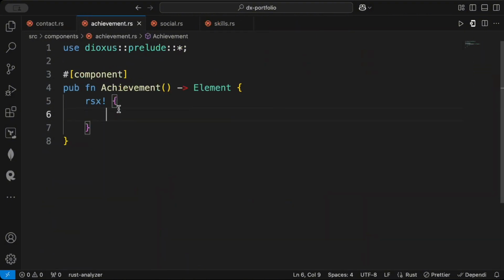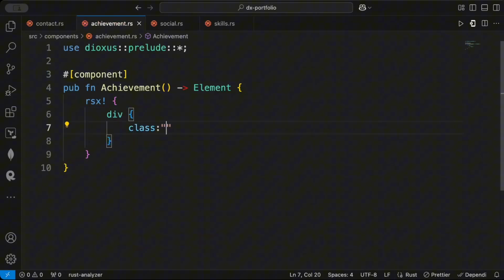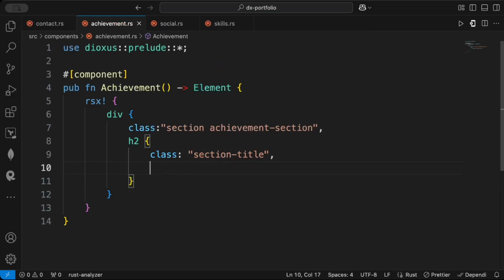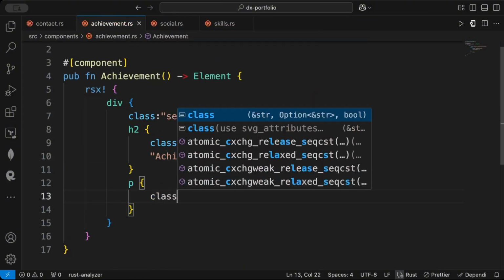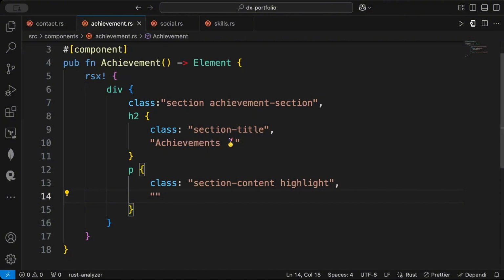Now let's move to achievements. Now let's add achievement. Again, pretty straightforward. Class as section achievement section, and an h2 that says class as section title, and then we have achievements, a medal for an emoji, class as section content highlight, and let's say build an open source Rust library,